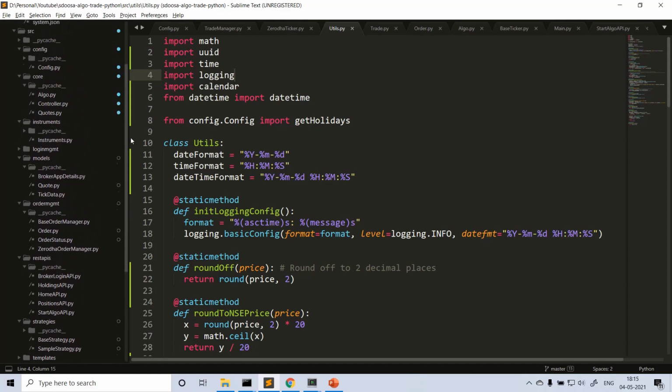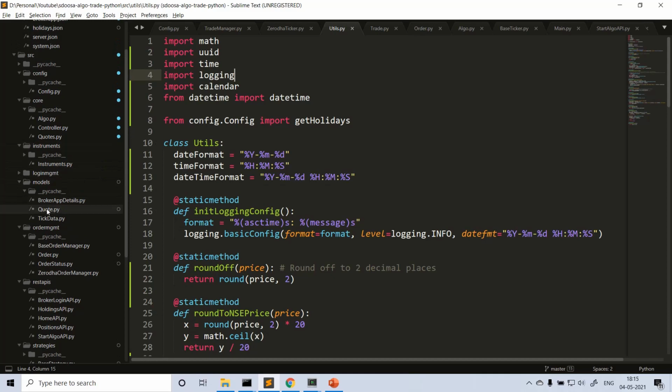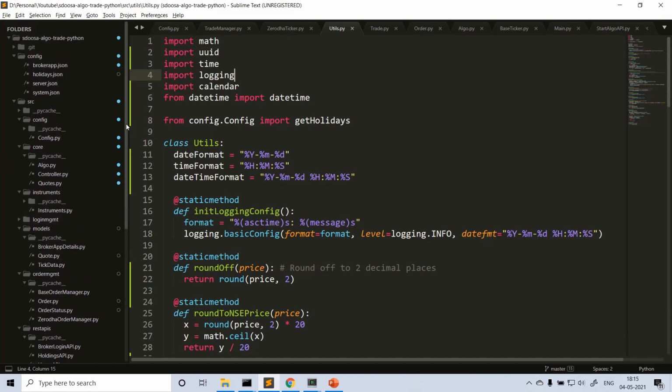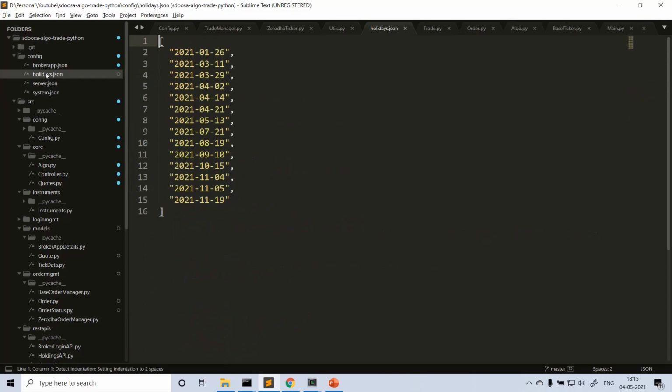And what else? I modified this quote class a little bit. Okay, and here I have added a new file in the config JSON file, that is nothing but holidays. So here we need to maintain the list of holidays. Since it's 2021, I just added all the dates of trading holidays, exclusive of Sundays and Saturdays.